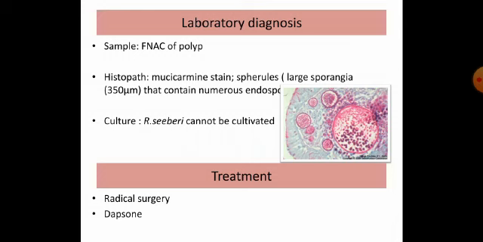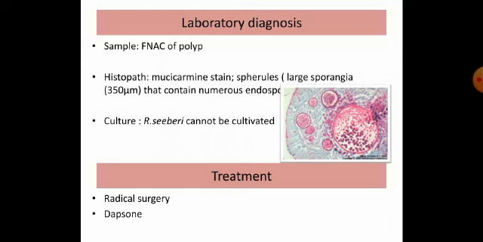So the sample that we take is a FNAC of the polyp and we subject it for histopathological examination, particularly using the mucicarmine stain. On staining and looking at the slide under the microscope, we find these characteristic spherules. So what is a spherule? It is a large sporangia, as you can see in the picture,